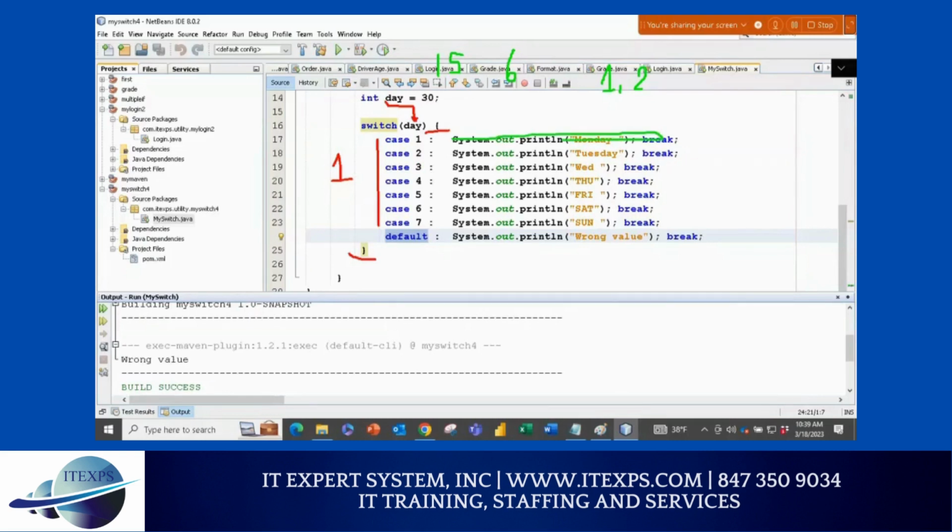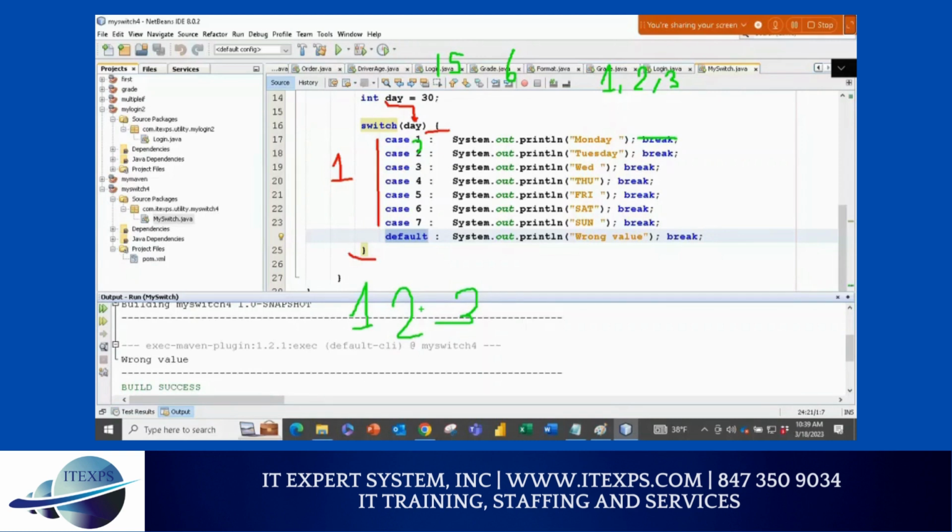Then 1 will automatically go to 2. Because if there is no break, listen carefully, very important. If there is no break, 1 will automatically go to 2. If I want 1 and 3, 2 and 1, 2 and 3 should get the same answer, listen carefully.